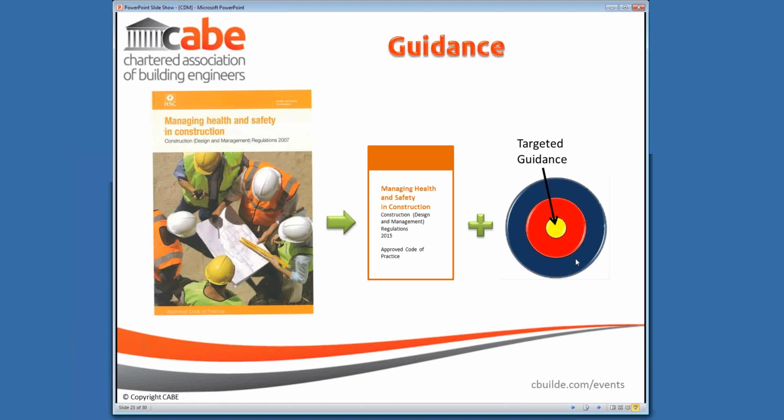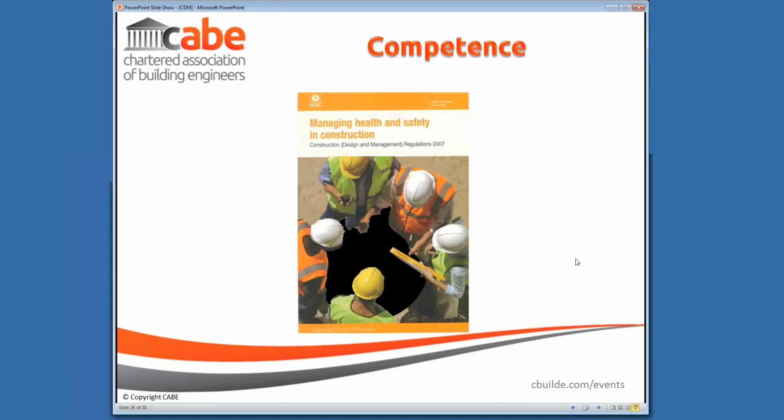So we will have this smaller guide, but it won't deal with the issue of competence of those involved, which does mean we're left with a bit of a hole, or in fact a series of holes, when the guidance disappears. There won't be a code of practice in place for a significant period after the regulation comes in, which will mean we will have a bit of a gap. What I expect is that the professional bodies, probably together on a combined approach, will give some guidance to their members to cover this hole, maybe.